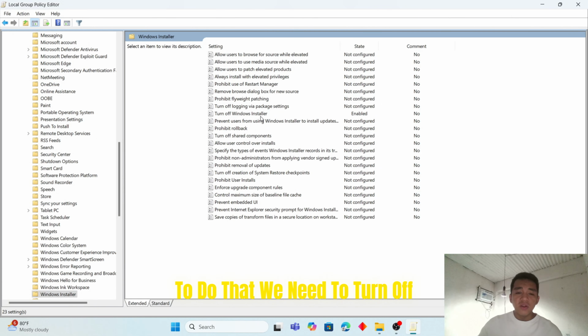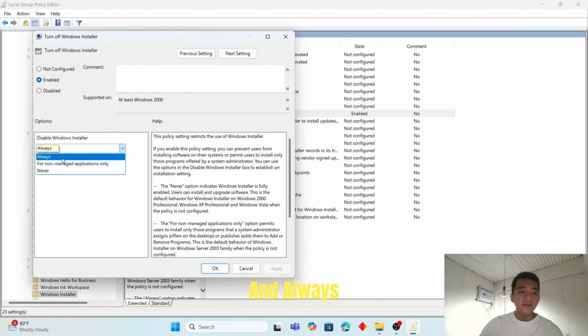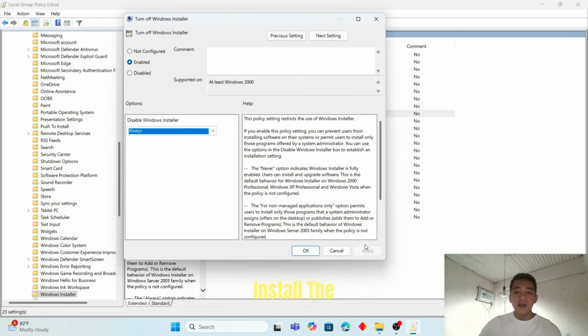We need to turn off the Windows Installer so it will block installer software. We configure this: enable and always disable, so the users cannot install other apps.